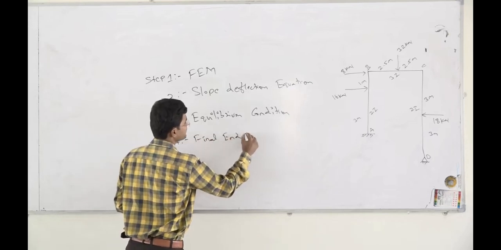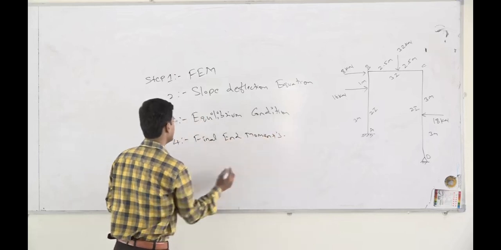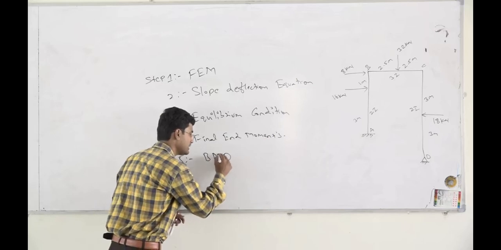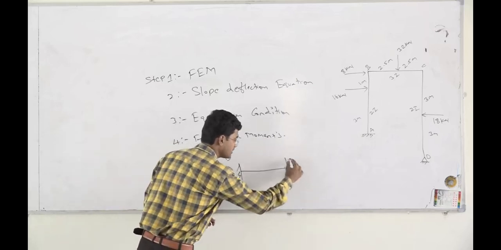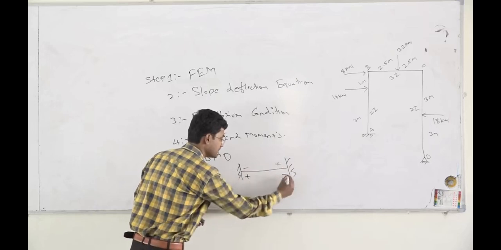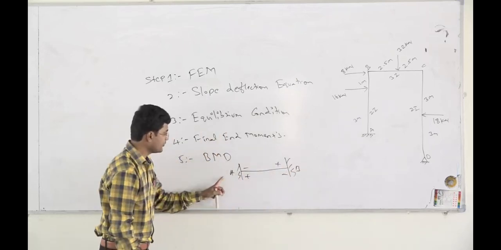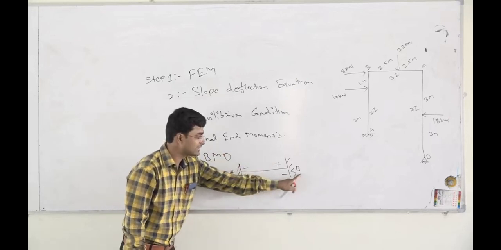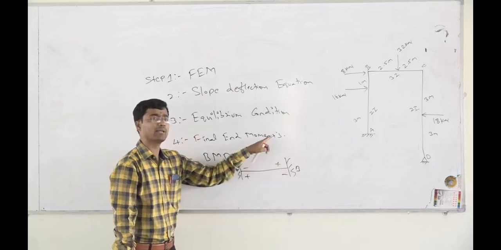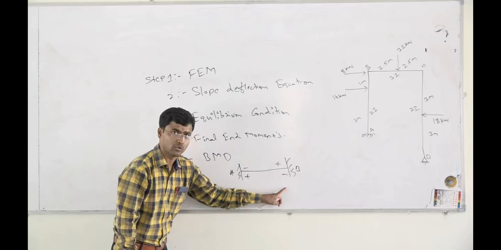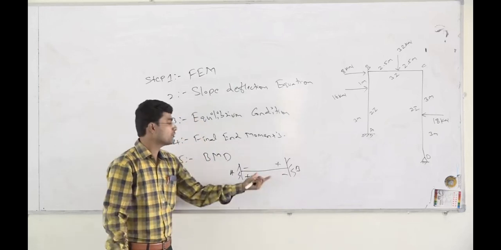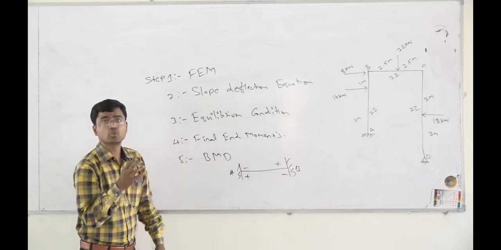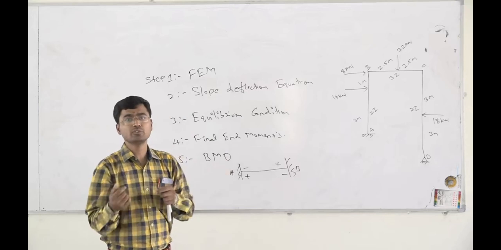We have to go with our final end moments. Once we have found our final end moments, the last step is to draw the bending moment diagram. For a bending moment diagram, remember minus, plus, plus and minus. Whenever you are at support A, if you get MAB as minus, then the diagram will be above. If you go to the other side at point B, if you have got positive, then the diagram will be above. If it is negative, then it comes below. So according to that, for each and every member, you have to plot the diagram. So this is the complete procedure for the slope deflection method for a portal frame using sway analysis.